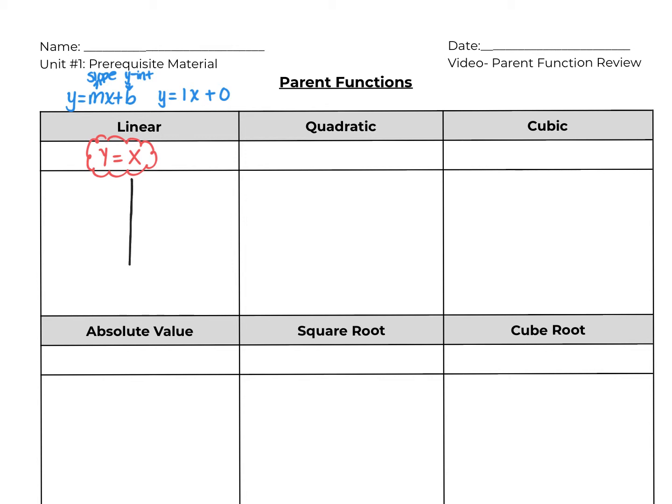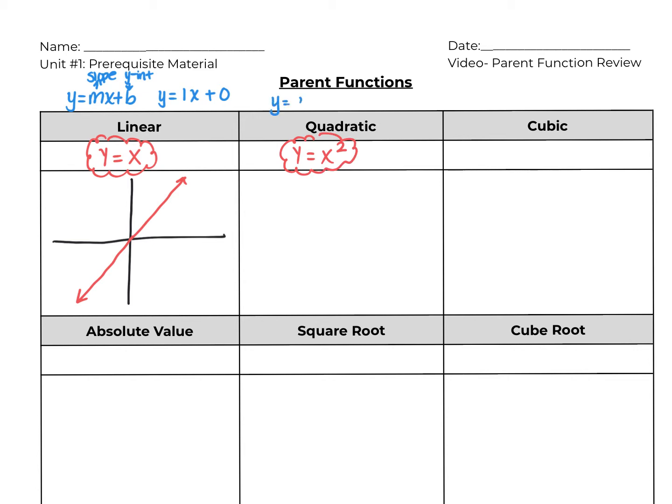So if we draw a picture of what this looks like, we can draw a nice xy axis, and then right through the origin, we're just going to draw a sketch of a line like such that has a slope of 1. Now, the most basic quadratic function is y equals x squared, and that comes from the most general